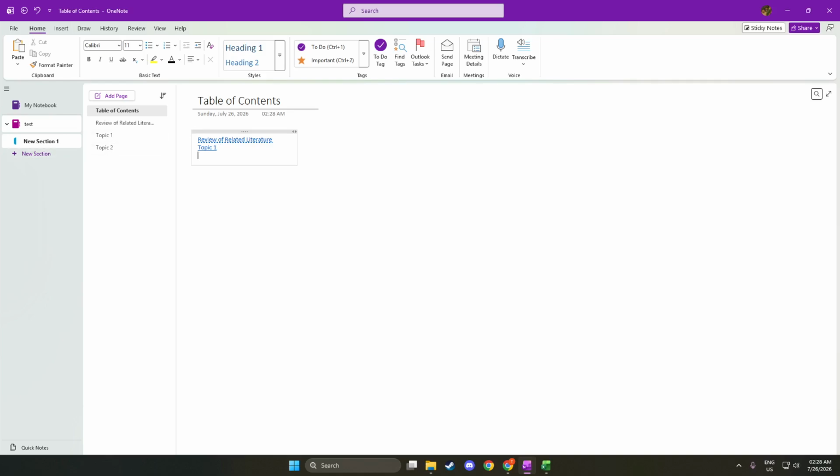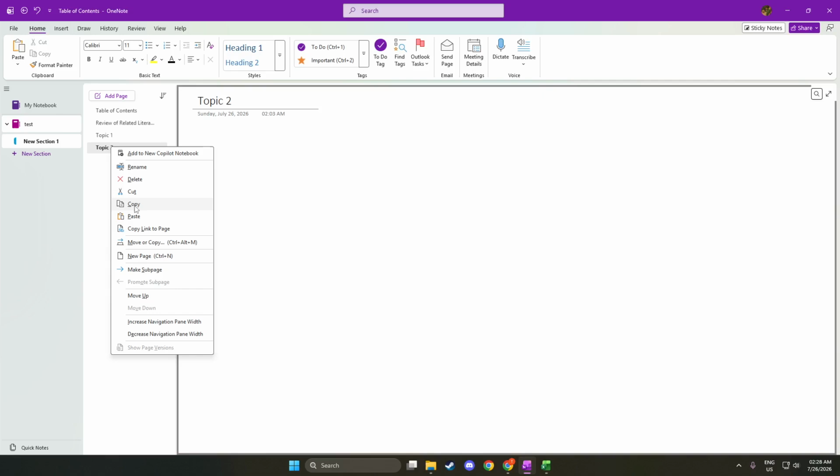Make sure to type it exactly as it appears on the original page. This will help you and anyone else who may be using your notes to recognize the content immediately. You might want to use a consistent formatting style for all your entries. This consistency aids in readability and ensures that your table of contents looks professional and organized.